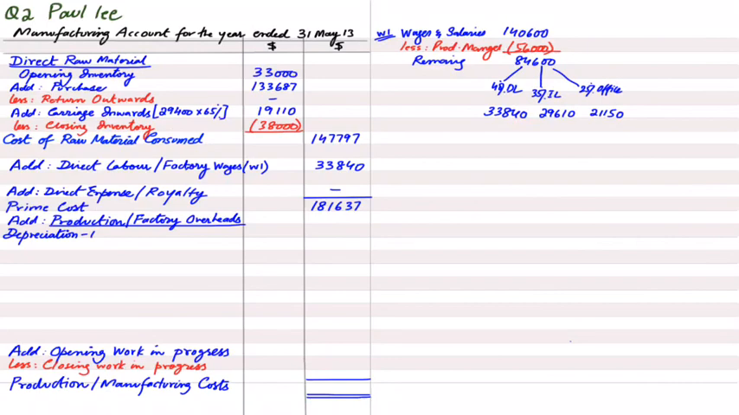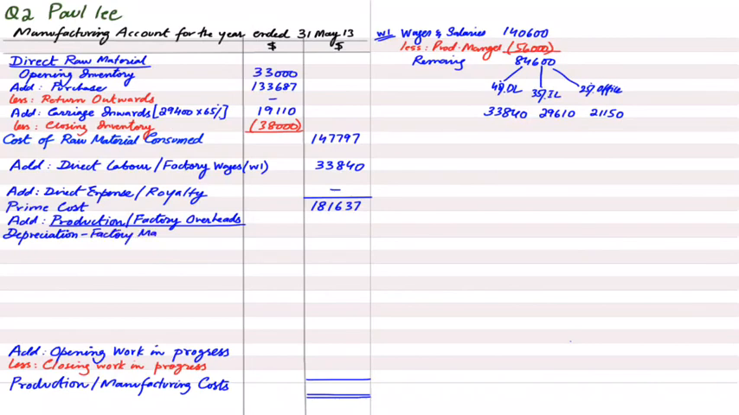Factory machinery, the name is obvious, is used in the factory, and office equipment will be used in the office. If an asset is used in the office, its depreciation will not be charged here; it will be charged in the income statement. But if a non-current asset is being used in the factory, its depreciation will also become part of the manufacturing account. So if you look at the notes,